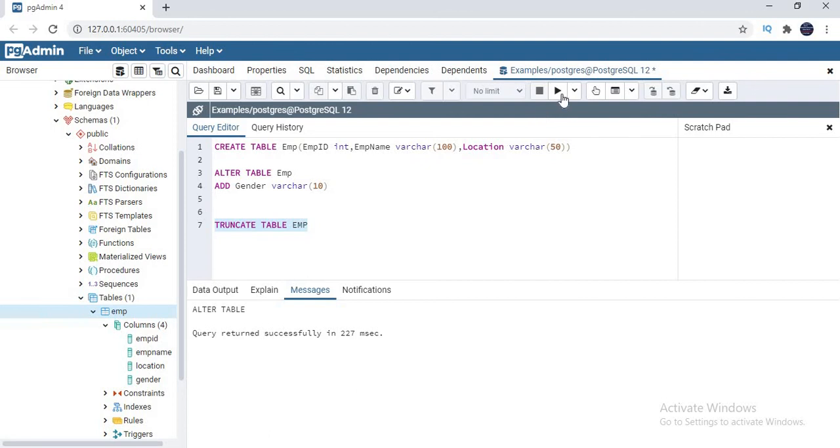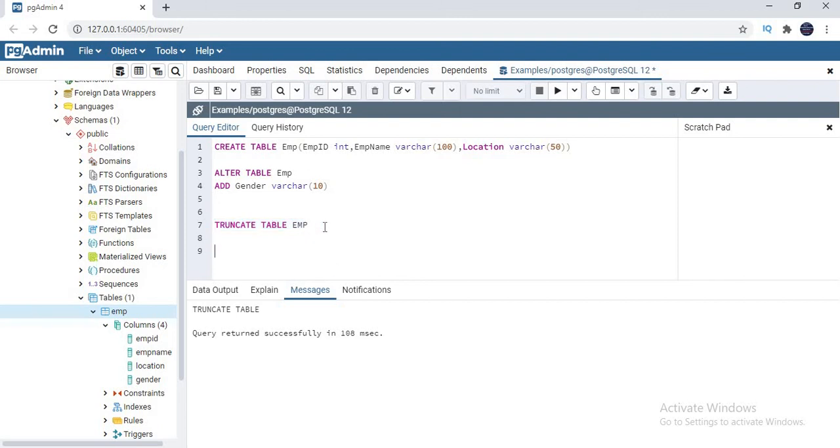Okay, so let's write it and execute it. As I mentioned, I don't have any data in the employee table, so by default it executes without any issues. It doesn't check for the data, it removes whatever the content is there. Even if there is no data, it won't fail. Even if there is data, it won't fail. So now the data has been removed completely from the table.